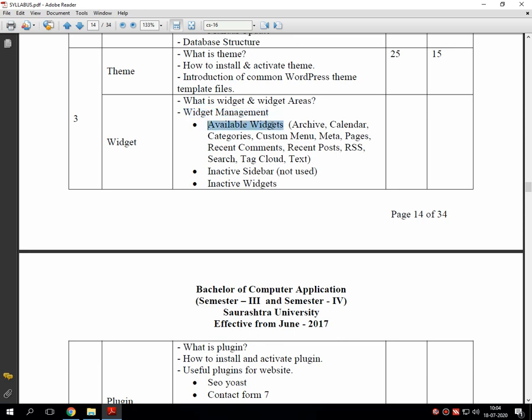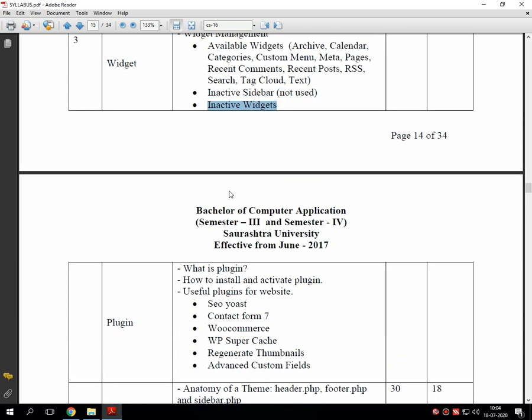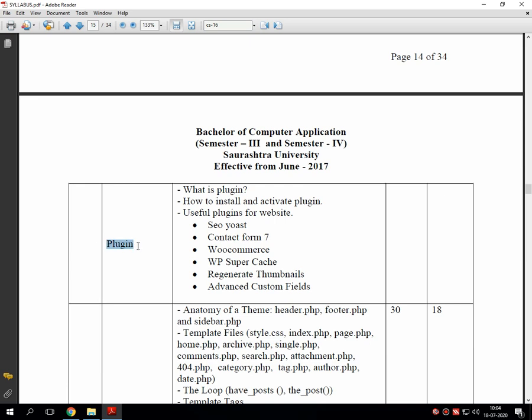The first subtopic is available widgets like archive, calendar, categories, custom menu, meta, pages, recent comments, recent post, RSS, search, tag cloud, text, inactive sidebar, inactive widgets.